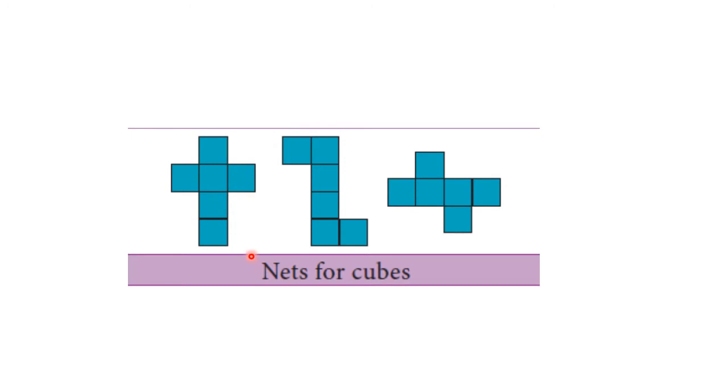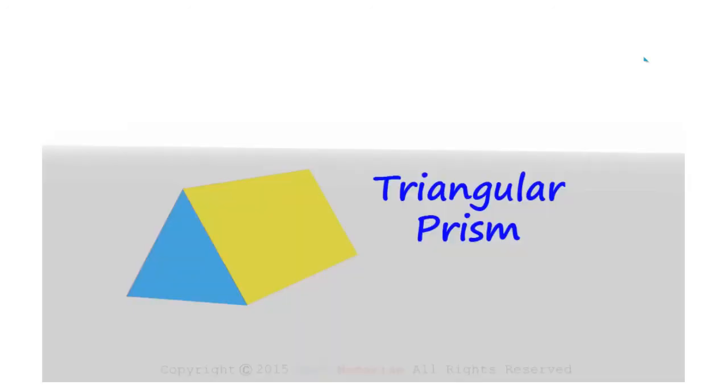So we can draw in many ways. Already I told you we can draw the net of a cube or the net of any 3D shape in many ways. For example, I have given 3 different nets of cubes. It depends upon how you open that 3D shape. Here we can open that cube in many ways. Here they have given the 3 examples, 3 nets.